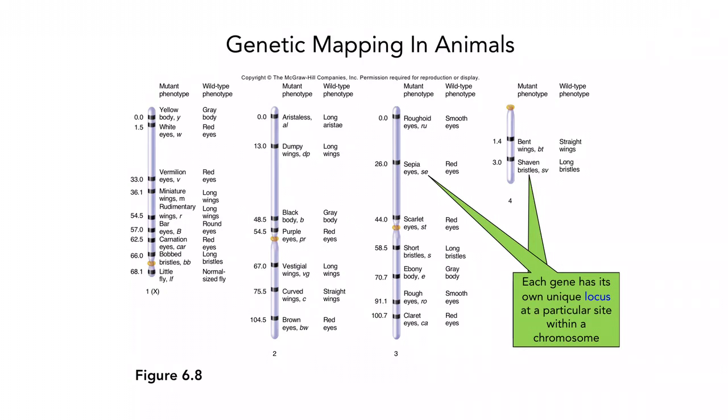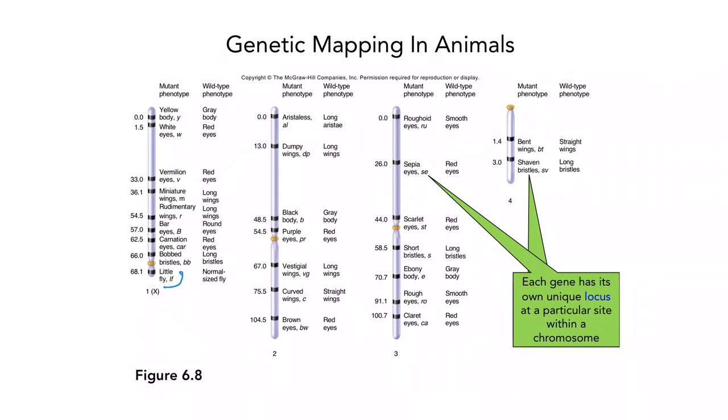Now, first, let's talk about genetic mapping. This is also known as gene mapping or chromosome mapping. Its purpose is to determine the linear order of linked genes along the same chromosome. Now, here's a genetic map for flies, actually. And you can see where there's different genes that have been identified, such as the L gene that controls the